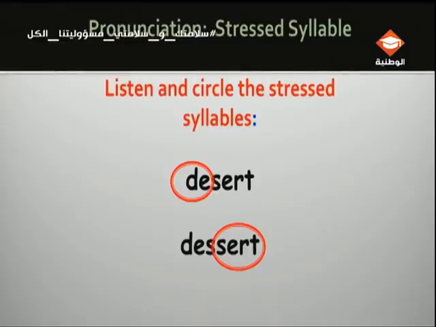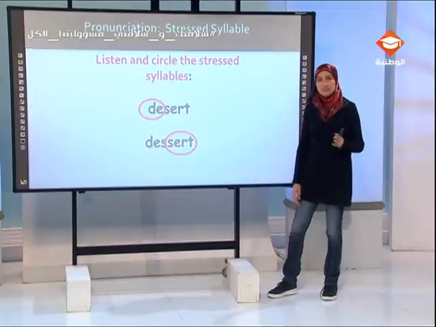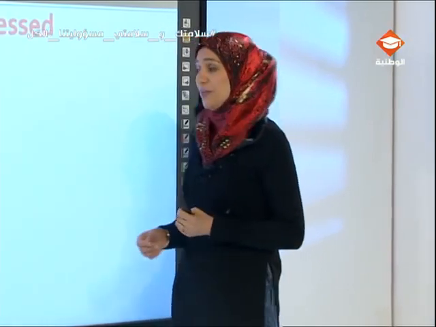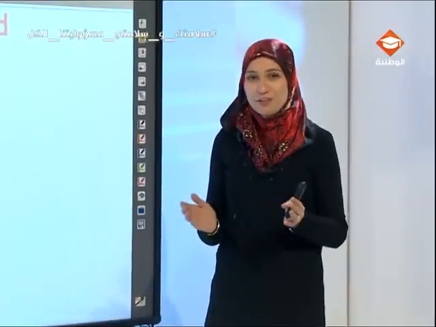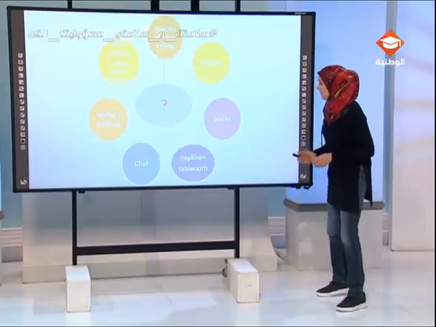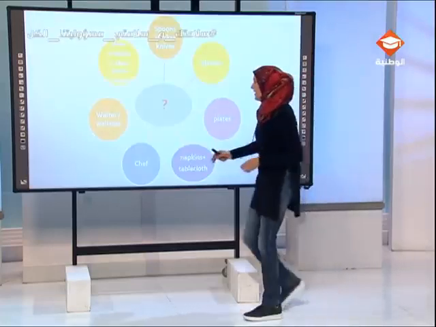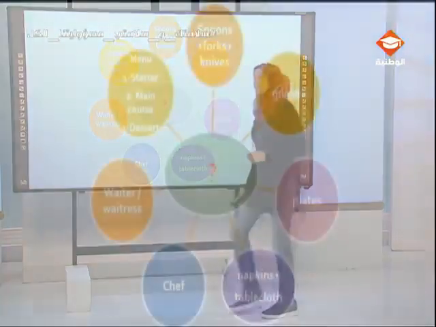Okay, so the first word is desert. We go to the desert to play with sand and maybe to ride camels and more. And the dessert is a part of our meal. Maybe it's your favorite part of the meal, that sweet thing that we can eat or have at the end of the meal. So a dessert is the third part of the menu, okay?